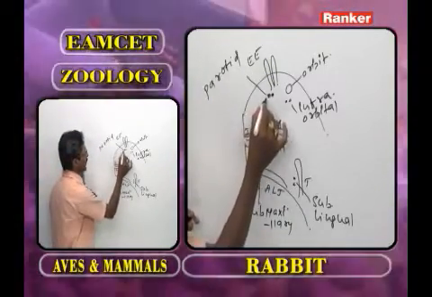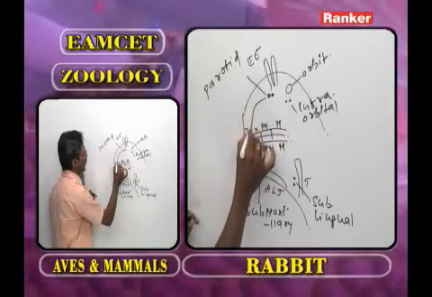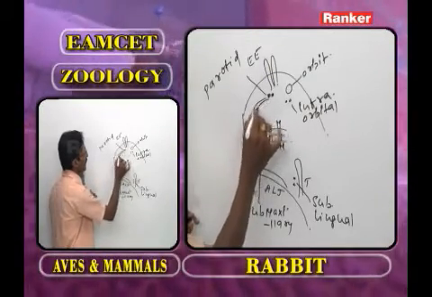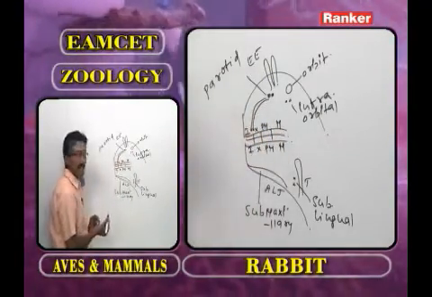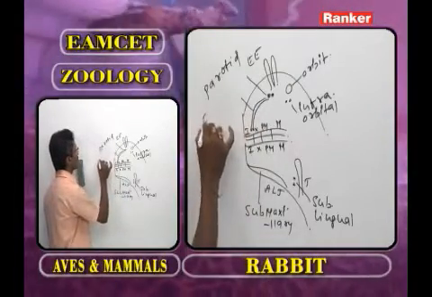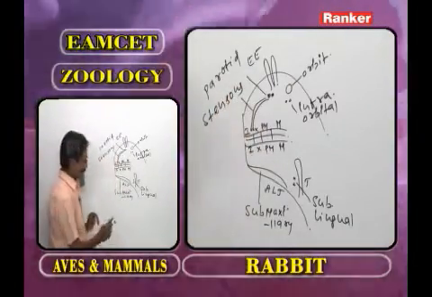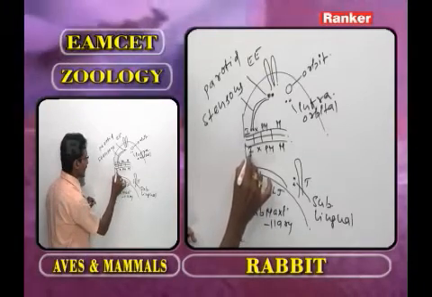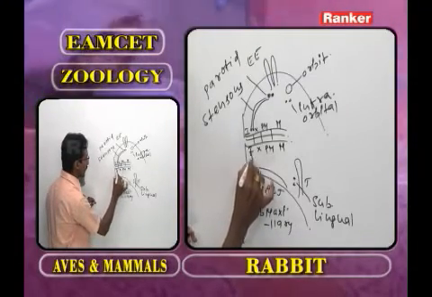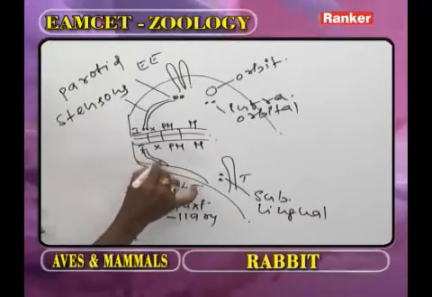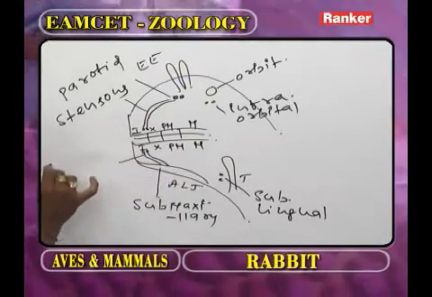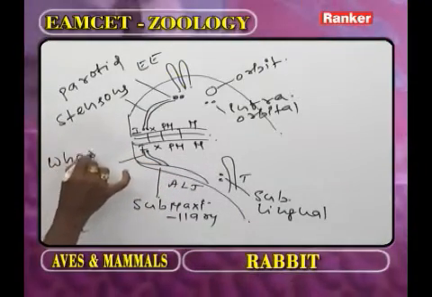The parotid salivary glands open behind upper incisors with the help of what type of ducts? Stensen's ducts. The submaxillary salivary glands open near lower incisors with the help of Wharton's